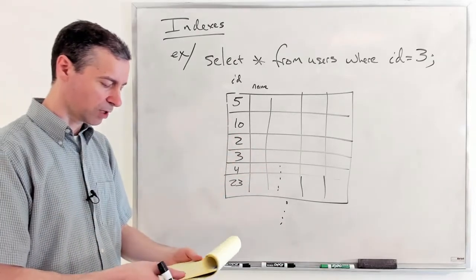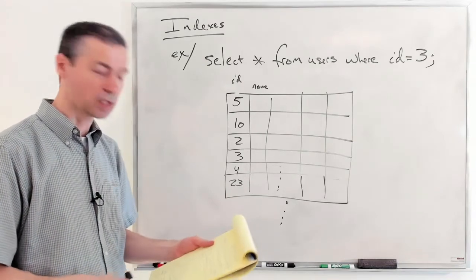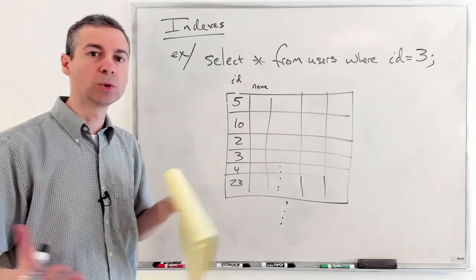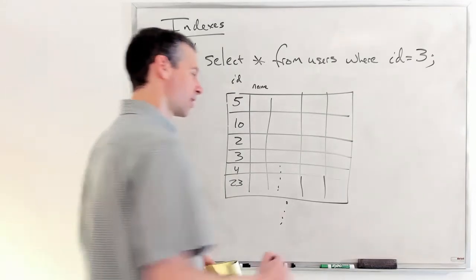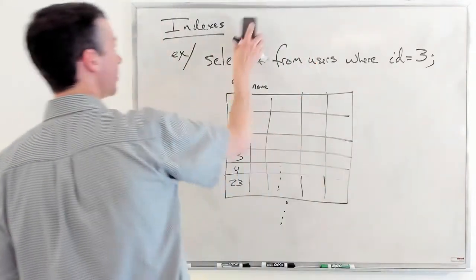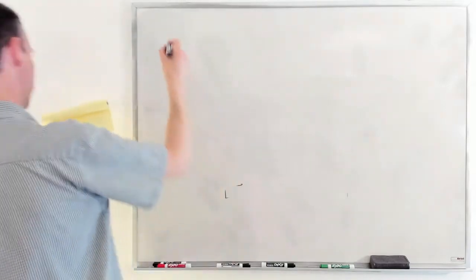So what's our solution? Well, what we really need is one of those cool data structures that lets us find things really fast. We call those in a database an index. And so an index,